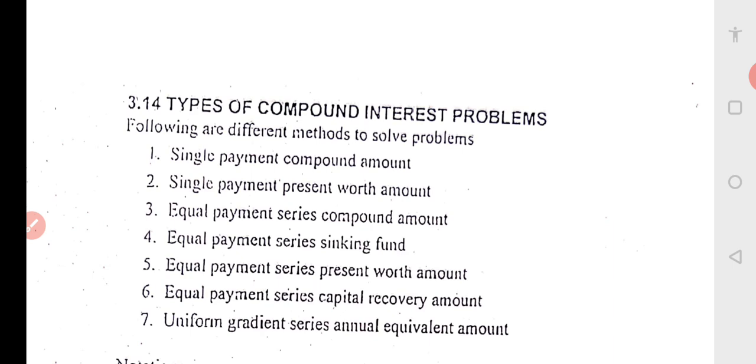As we have seen, the interest period varies. It can be daily, monthly, weekly, quarterly, semi-annually, or annually. Now, to understand this, take the same earlier problem. We said that I am going to save 8,000 rupees per year for 6 years, and the interest rate is 18%. Find out the present worth. We found it was around 28,000 rupees.